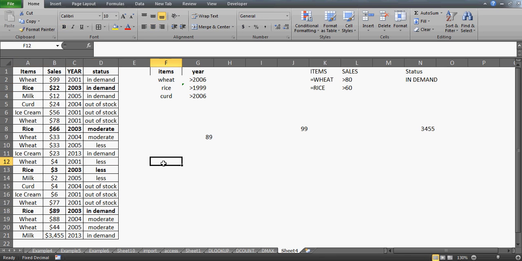So that's how you can do a lot of things with this DMAX function, and you can count which item has the maximum value. And this is just an example. Maybe you can work on this in your own way, depending upon what kind of data you have. I was just thinking of putting up some more conditions, possibly something like